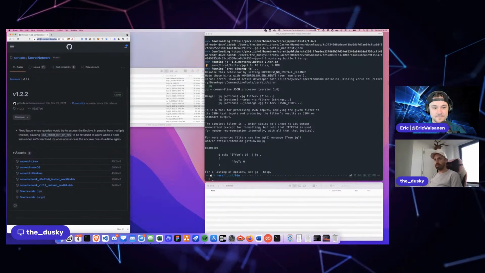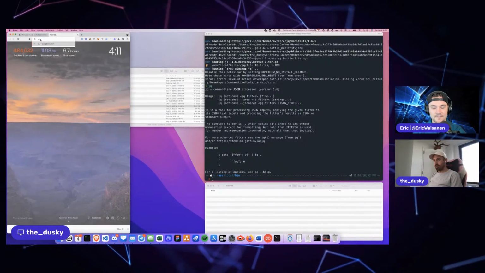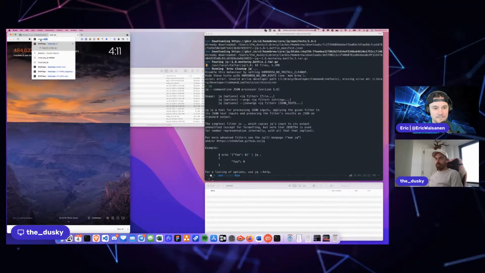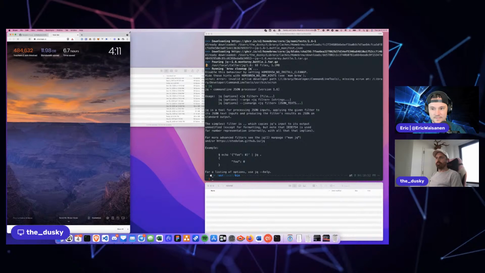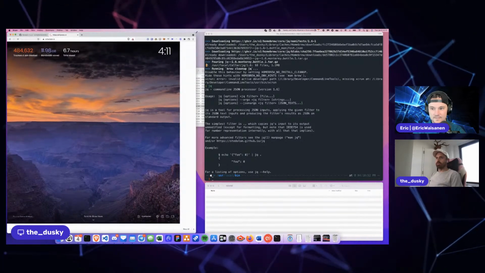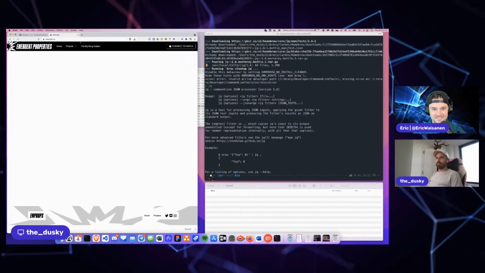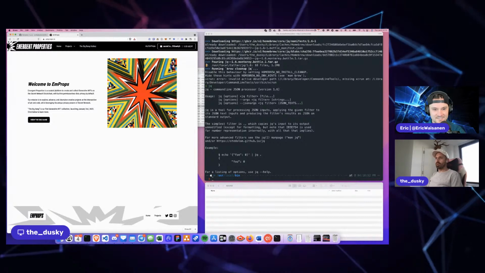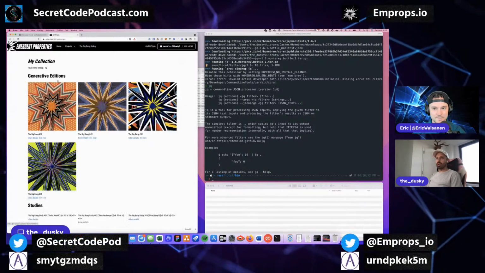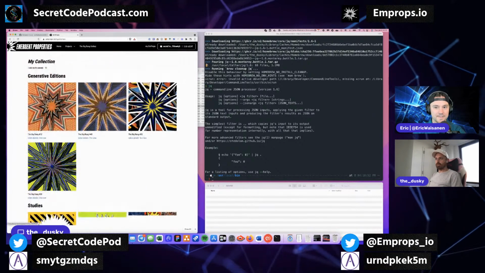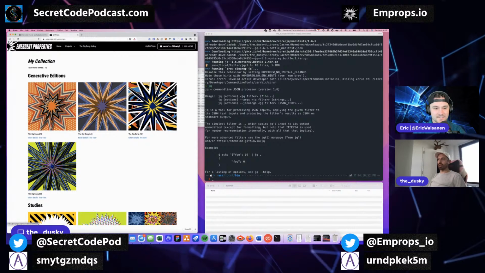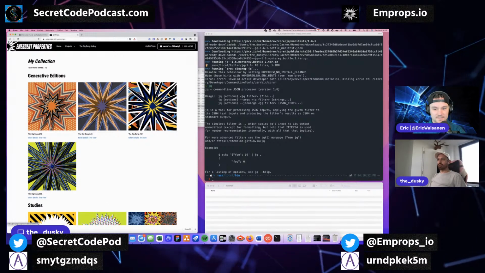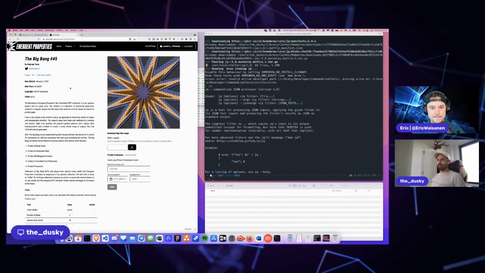I'm going to go to Emergent Properties. My chair is making things a little slow, but okay, cool. So I'm going to go to my mprops here. This website is mprops.io, we've got it in the top right. This is the Emergent Properties website. So these are my 4 that I minted. Let's start with, we'll just do this one.